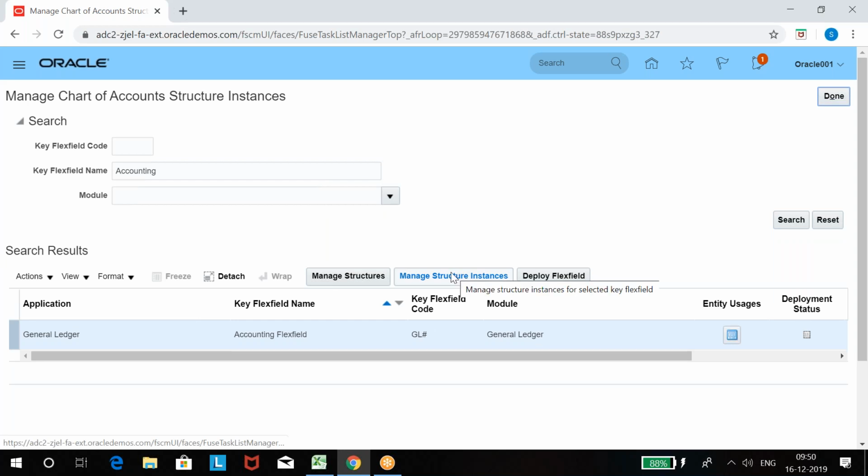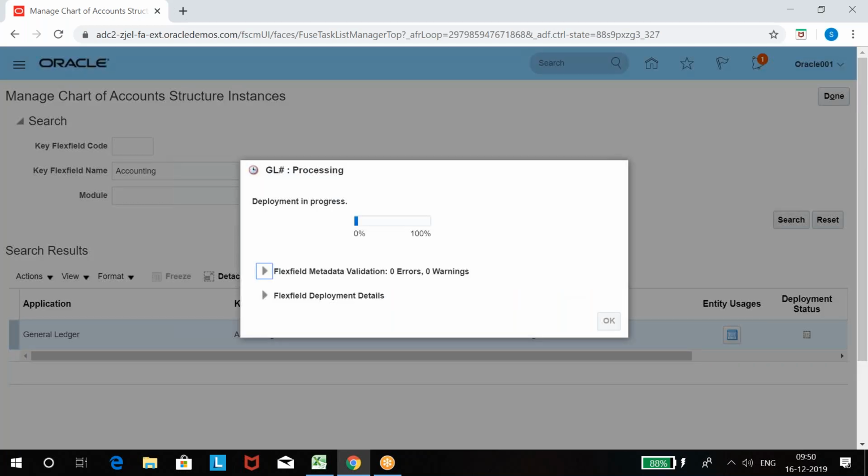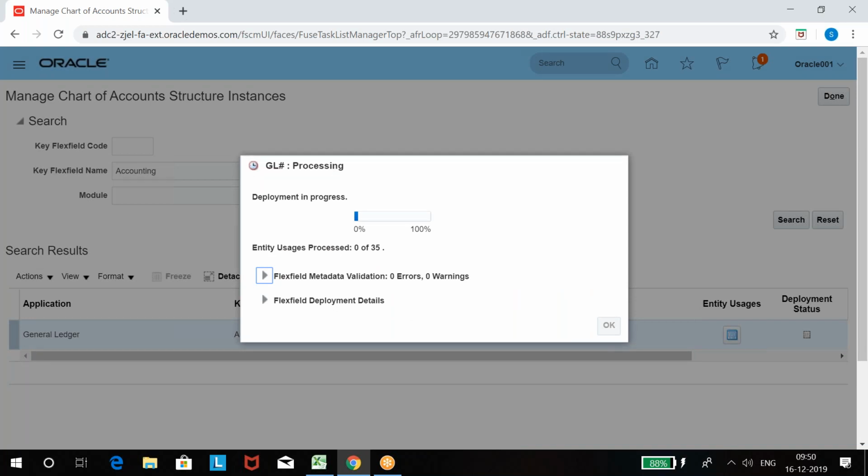See, we have done the edit, so the deployment status is showing edited again. Every time you make changes, it will show as edited. You have to deploy it again. You can't leave it as edited. Every time you make changes, you have to deploy. If you do not deploy, your chart of accounts will not be in use and the changes will not be effective. So always make sure you deploy every time you make changes. So that's it for today. It will deploy and we will close after deployment.